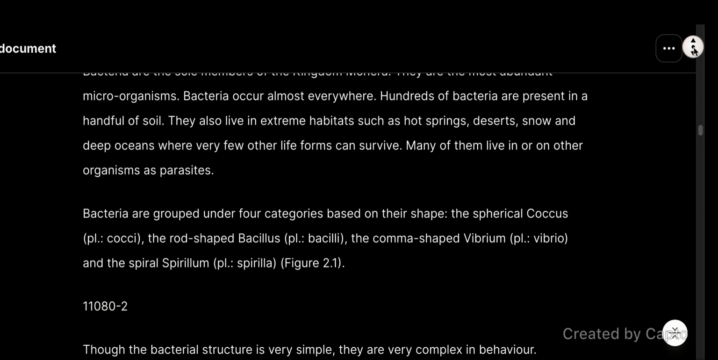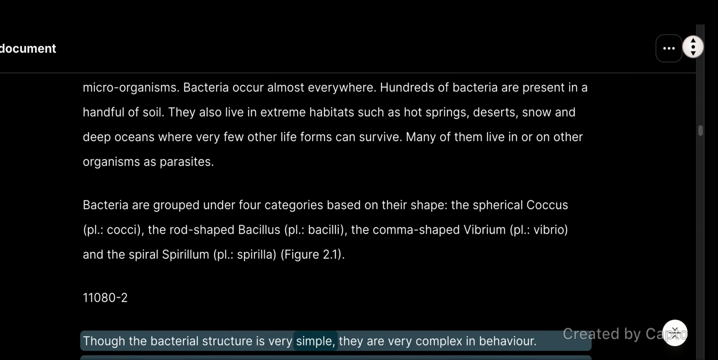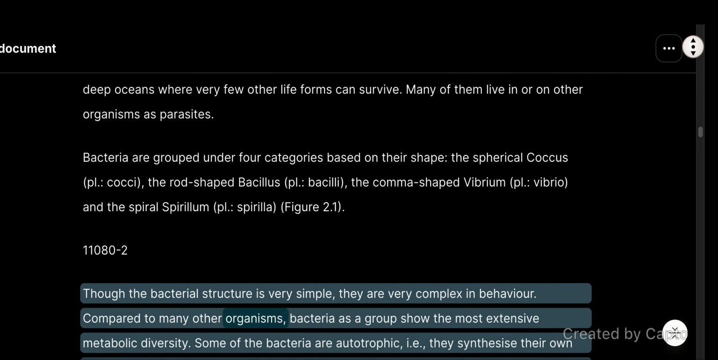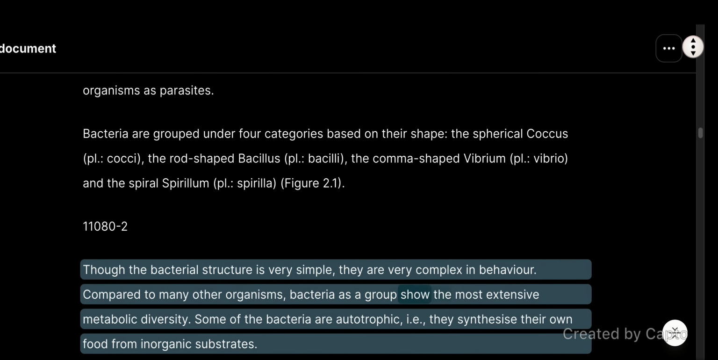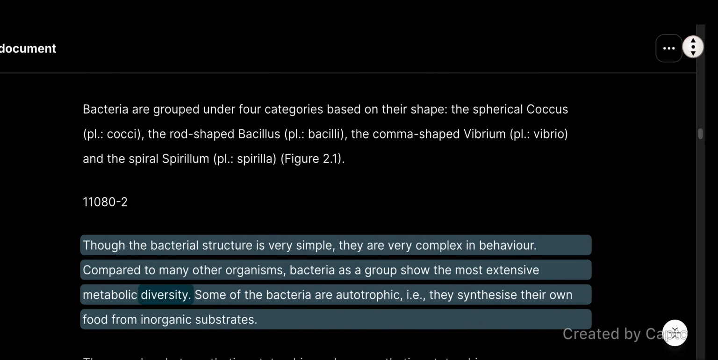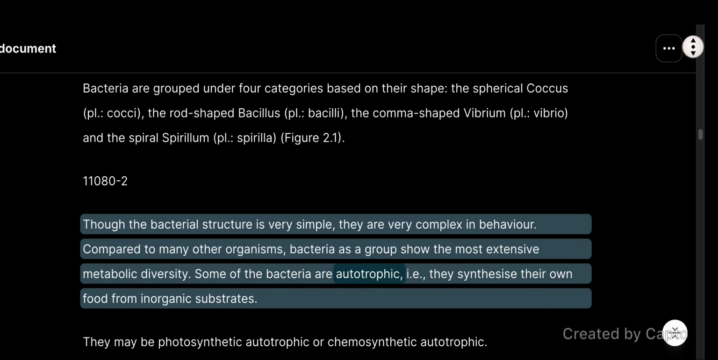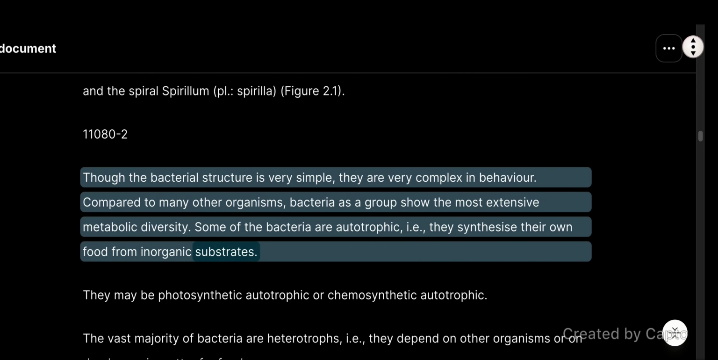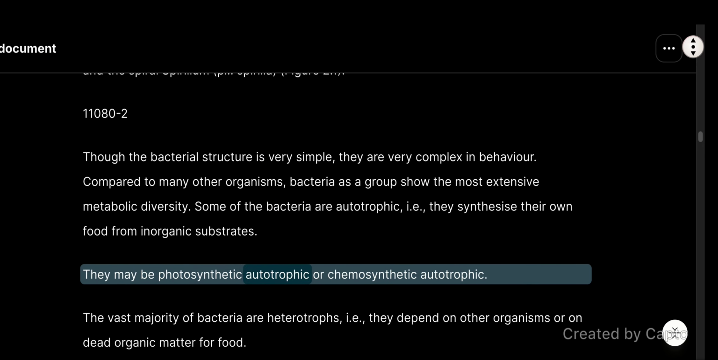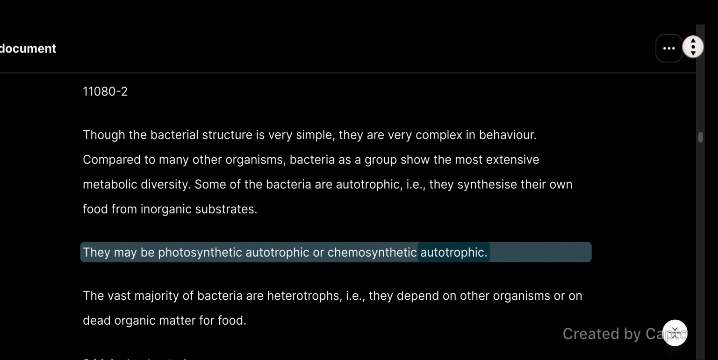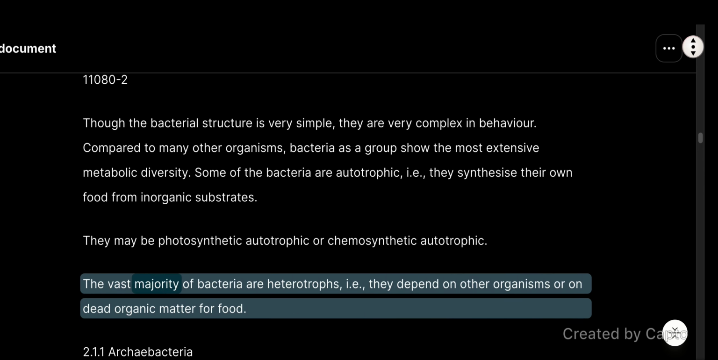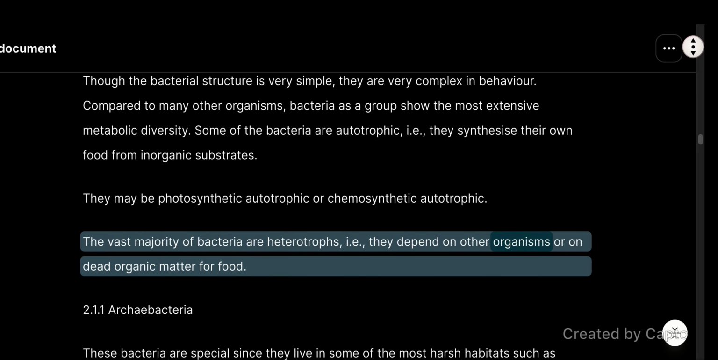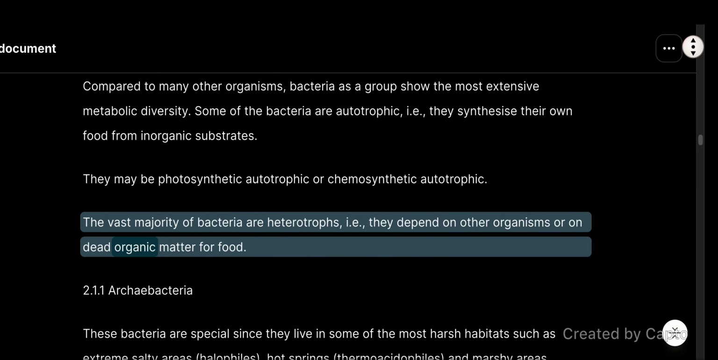Though the bacterial structure is very simple, they are very complex in behavior. Compared to many other organisms, bacteria as a group show the most extensive metabolic diversity. Some of the bacteria are autotrophic, that is, they synthesize their own food from inorganic substrates. They may be photosynthetic autotrophic or chemosynthetic autotrophic. The vast majority of bacteria are heterotrophs, that is, they depend on other organisms or on dead organic matter for